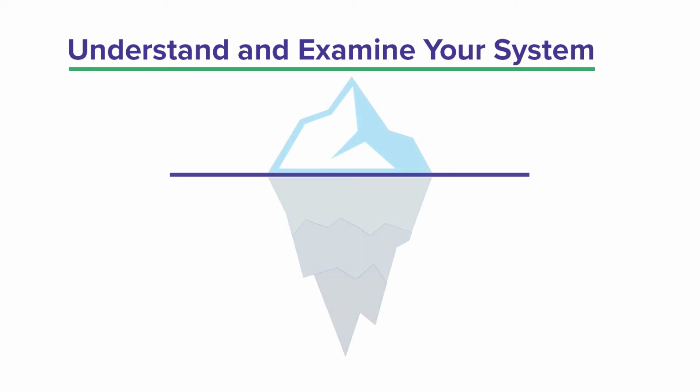The top level of the system is the event level. This is what you see above the surface of the water and what people tend to react to, because it's what they can see. Changes made only at the event level may not achieve the intended results, because they may ignore the root causes of a problem that are not visible.